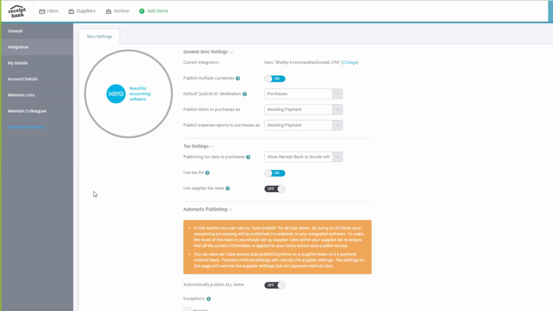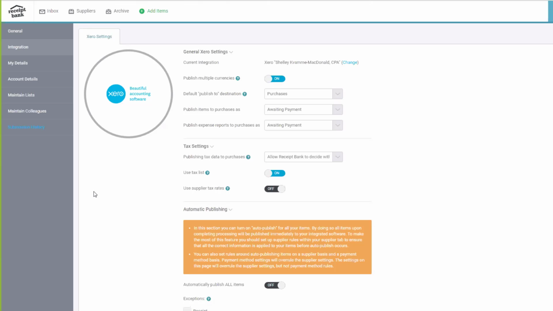So what was your thought process on this? With this particular client, they do have some multi-currency expenses. And because they've got enough to make it worthwhile, we've given them the multi-currency version of Xero. So that's why that is on right now. If we had clients who were just using Canadian currency, we would leave that off. Yes. For the rest of them, we have any of the items going to purchases just so that we can track it through